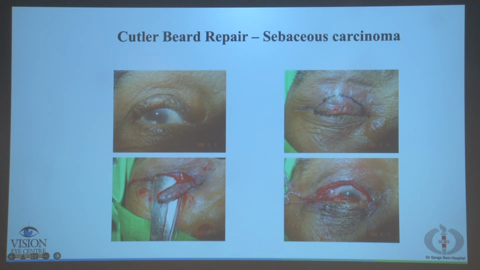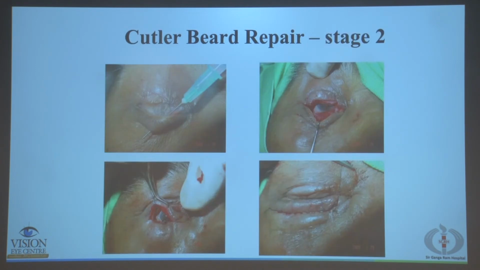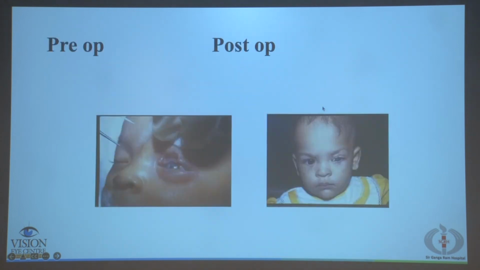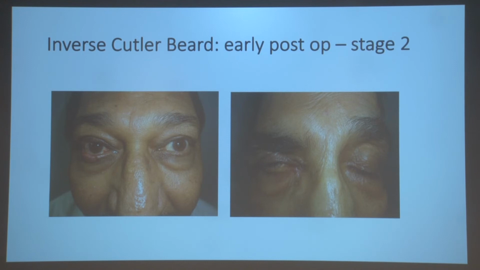And Cutler-Beard, of course, need not be elaborated, where we mobilize both the laminae, leaving just that 4 millimeters to retain the marginal blood plexus supply, and use the anterior and posterior flaps both. Open it up at 6 weeks. Most important thing in the second stage is to make sure you leave enough mucosa to form the margin, and it can be used in various cases. Inverse Cutler-Beard with the same principles, but with a little extra caution that you don't